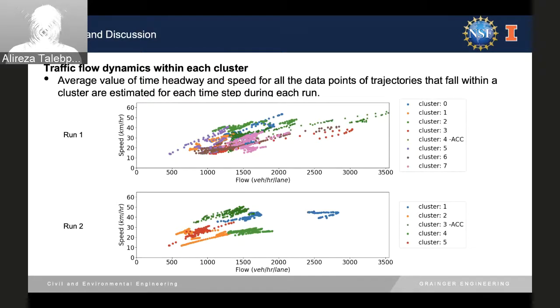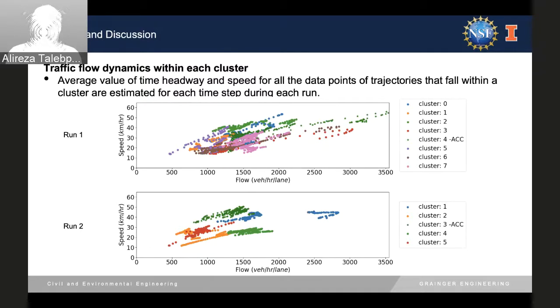So what we did was we took every cluster that we had and calculated the speed-flow and flow-density diagrams for them, to see if, when we aggregate them, there's a meaningful difference between them. From the disaggregate perspective, from the headway and the speed, all of them were statistically different, but we wanted to see how the behavior looks when we plot them separately.